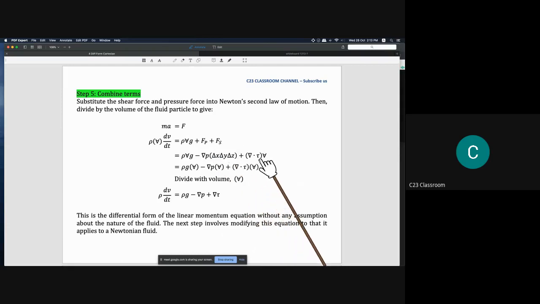So we substitute with all the terms that we got previously, and then to simplify them, we can cancel out the volume here. So the terms here can be simplified as this one. This means rho dv over dt is equal to rho g minus nabla pressure p plus nabla shear stress tau. Okay, the problem here is